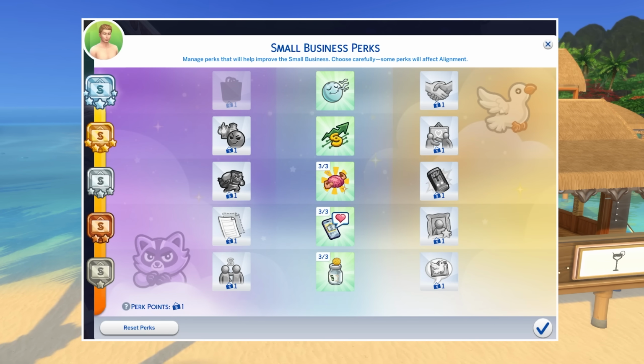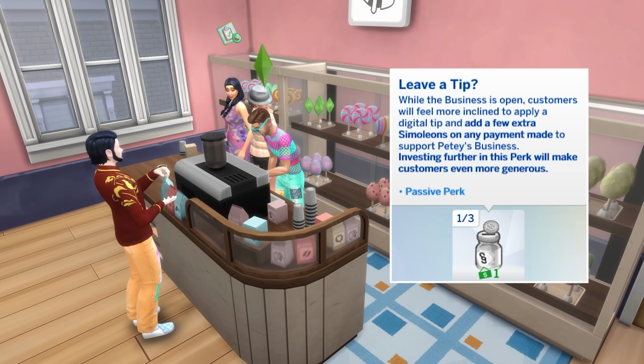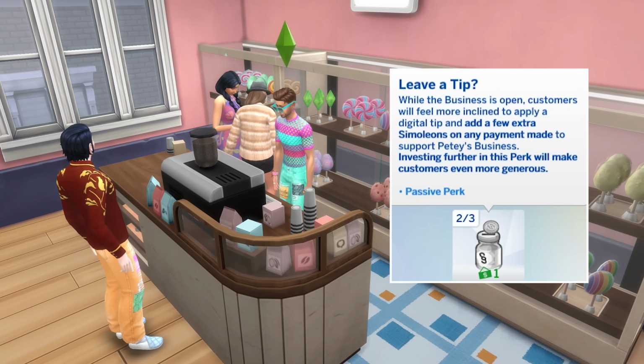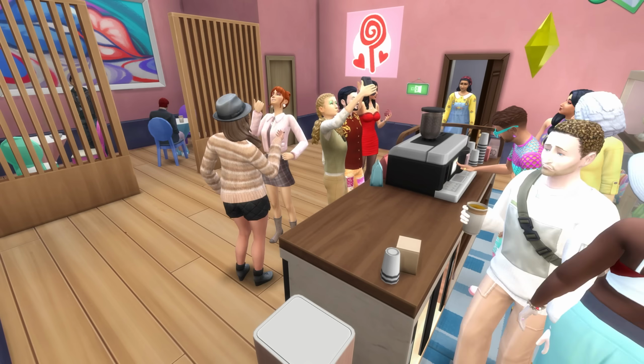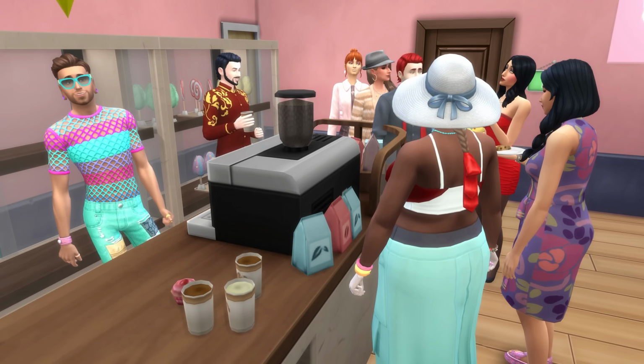We're moving on to the neutral small business perks, starting with Leave a Tip that's unlocked at 1 star. There are 3 stages of this perk costing a perk point each, meaning that it'll cost 3 perk points to max it. Essentially, this just allows customers to leave a tip, with the tips becoming larger the more points you